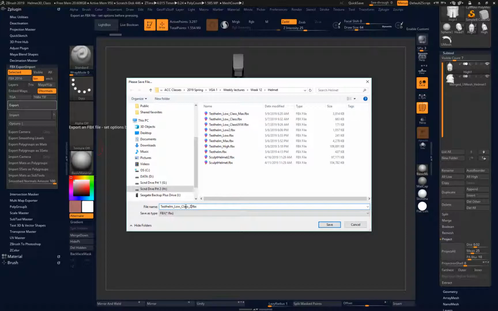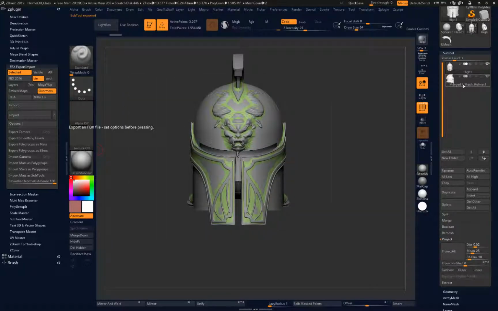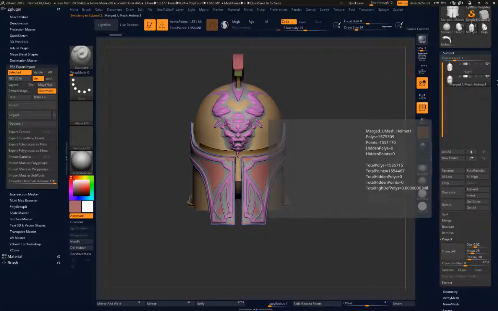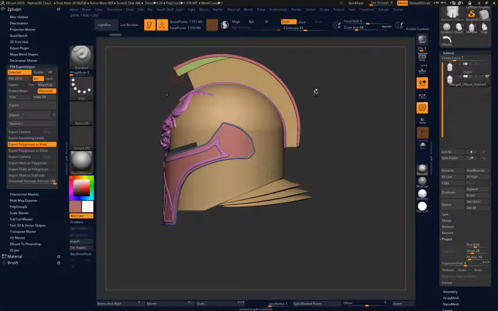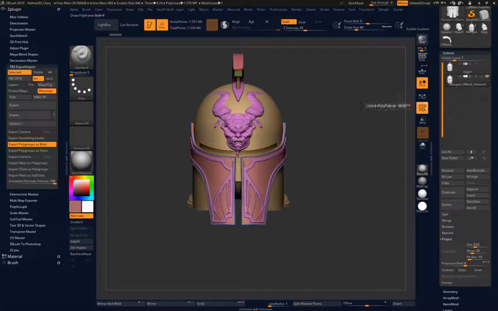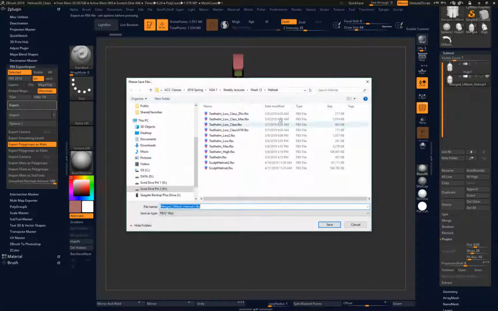Z fine, like that. And I'm going to come down to this one and I'm going to say export. But before I export this one, let me hide my low res here. Before I export this one, I want to do one more thing in here. I want to change this so it says export polygroups as mats. Just like that. It's going to export these polygroups as material IDs, basically. So I'm going to export right here. And this one will be